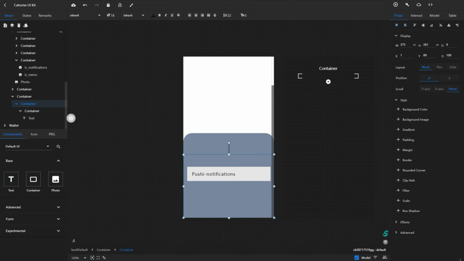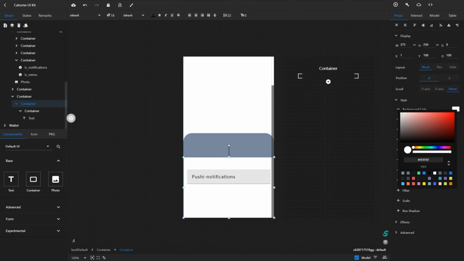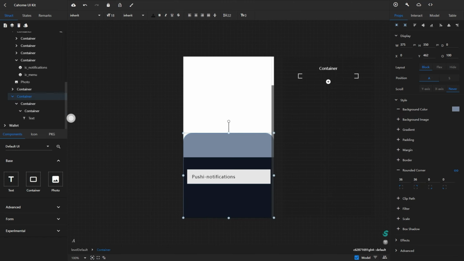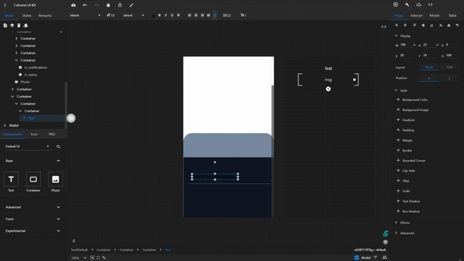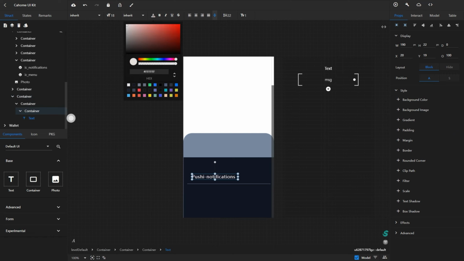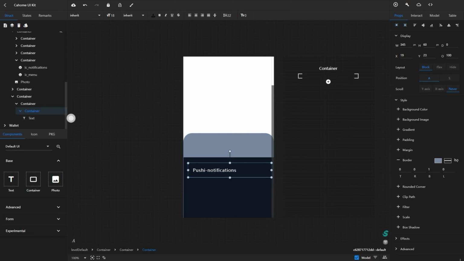Choose a color. Let's add this background again. We add a background color to it. Cancel the background color. Modify the font size. Change the color to white.